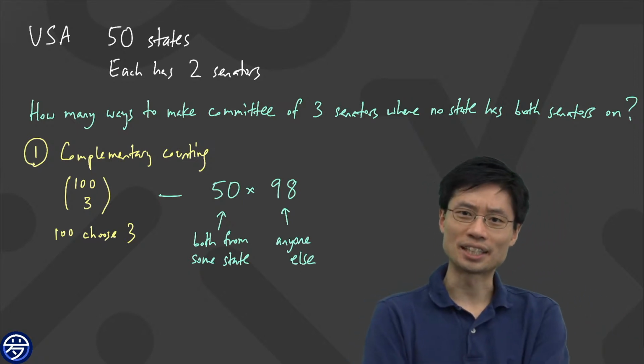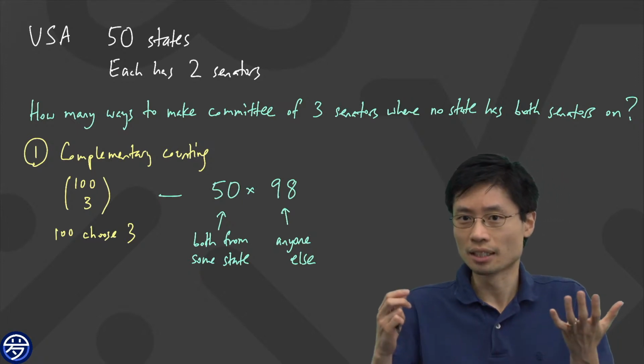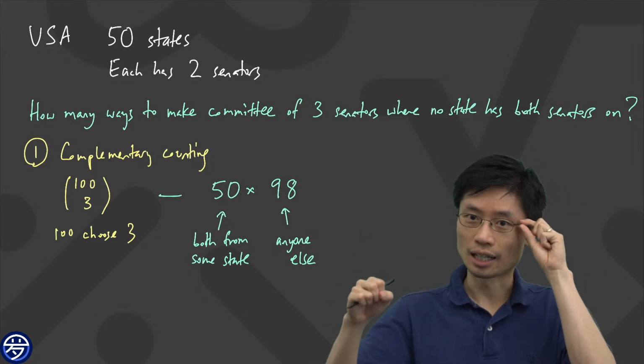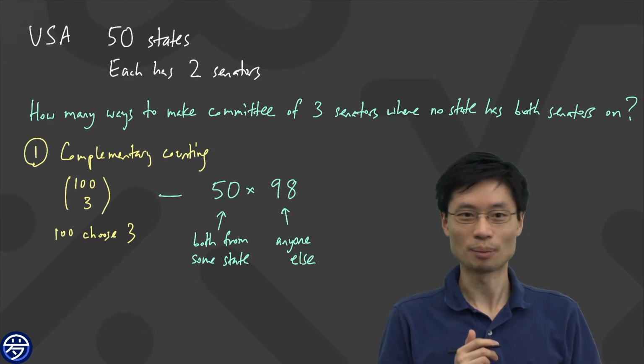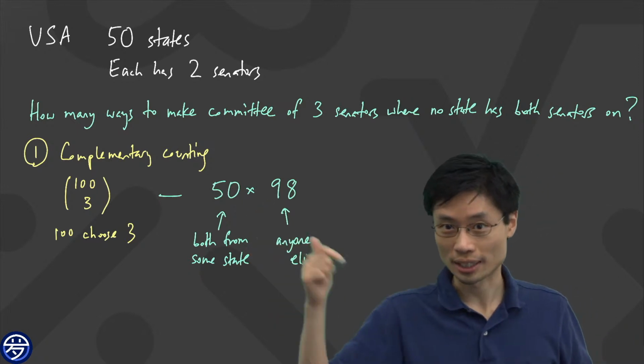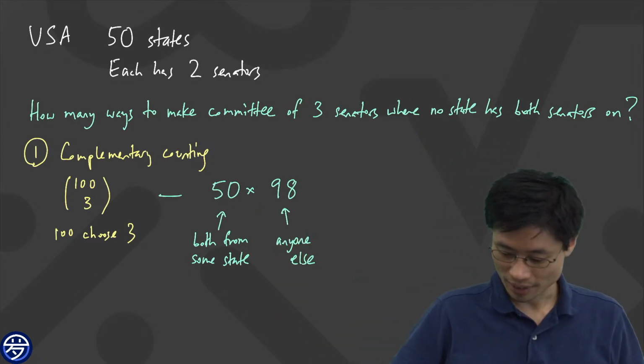So I think this is legit. I think this is the answer because I'm saying I just pick the committees of the 3 people and then I subtract some stuff. I think that seems reasonable. Let's try it. How do you figure this out? Well, you've got to calculate it. So the answer is going to be